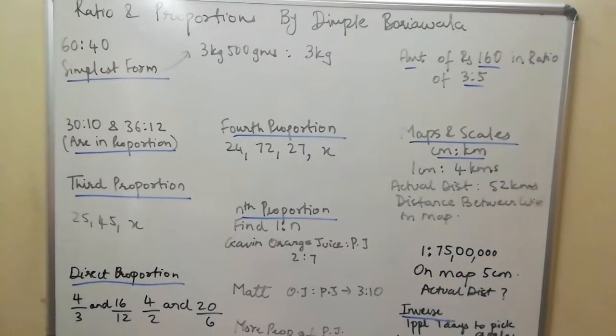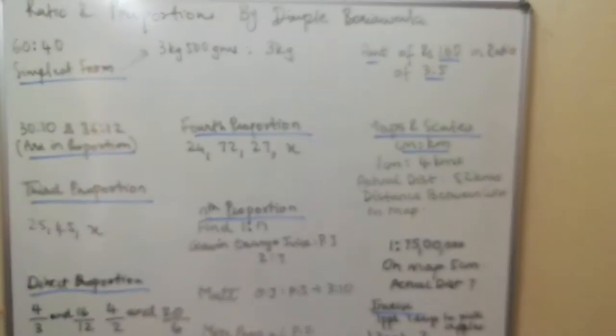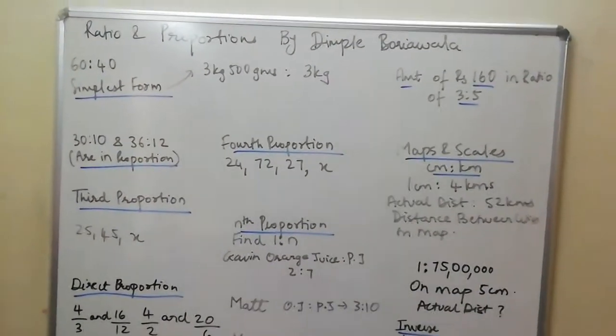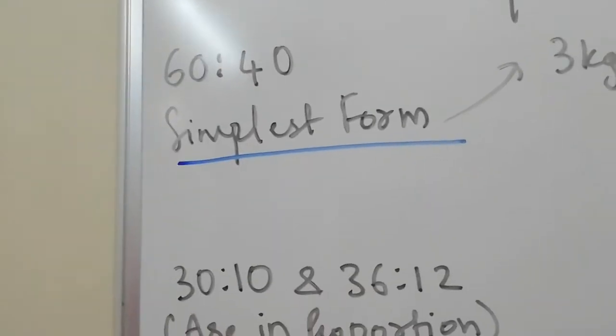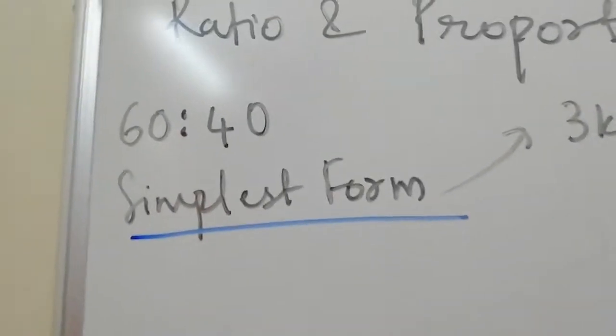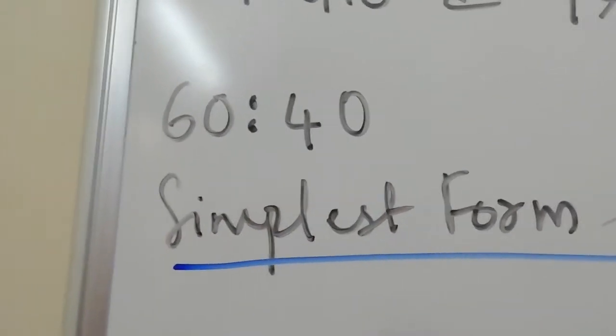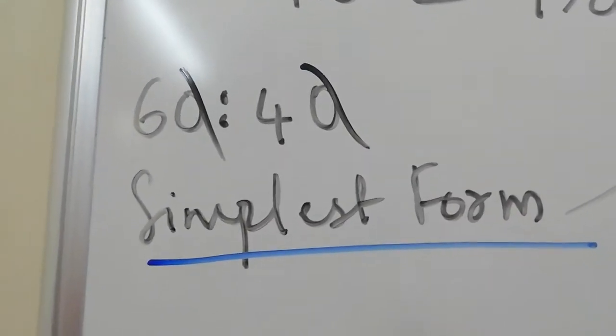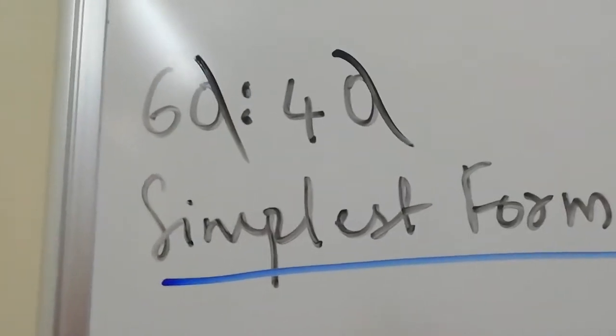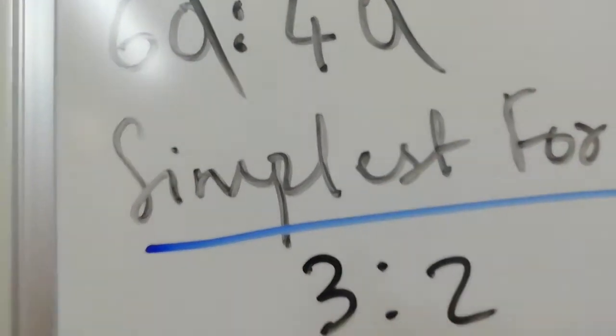Okay, friends and my dear students, let us talk about ratio and proportions today. Ratio and proportions have got various forms, but it's very easy, okay? Like when they say convert this ratio in simplest form, first thing you will do is cut the 0, 0. So 6 is to 4, both are even numbers, both come in 2's table. So 3 divided by 2, 3 is to 2.